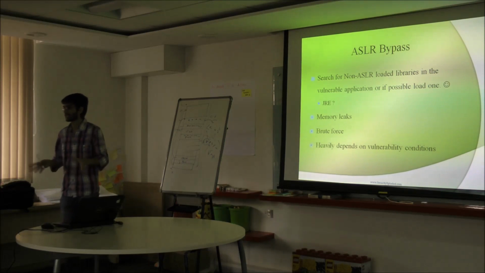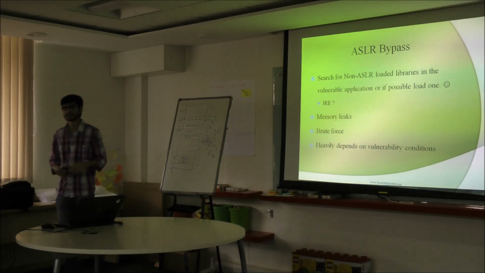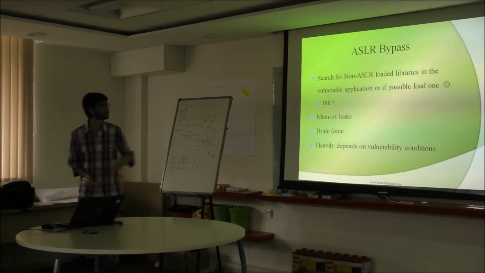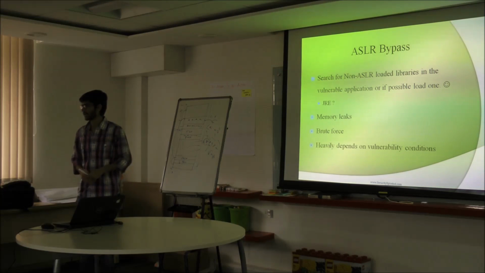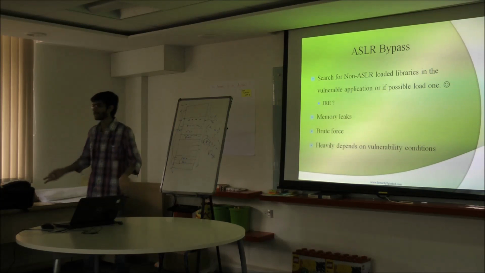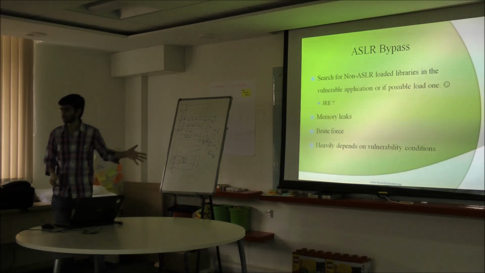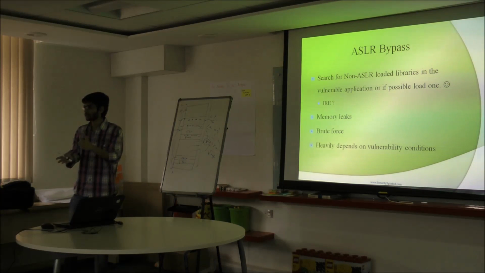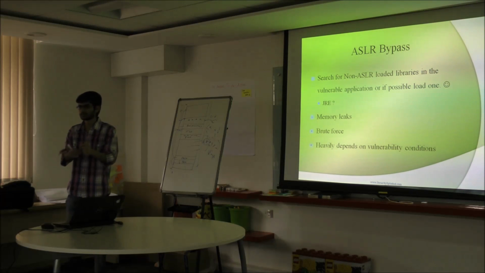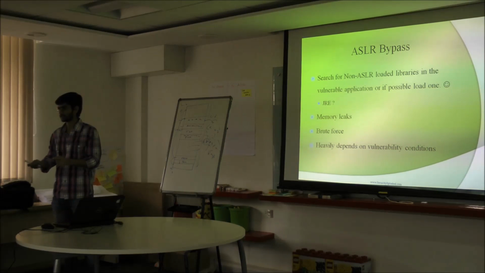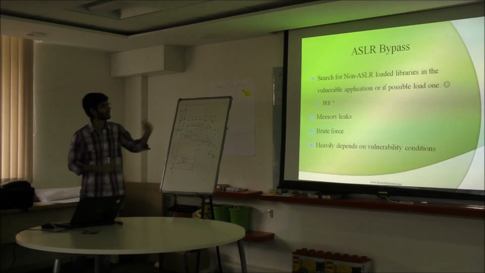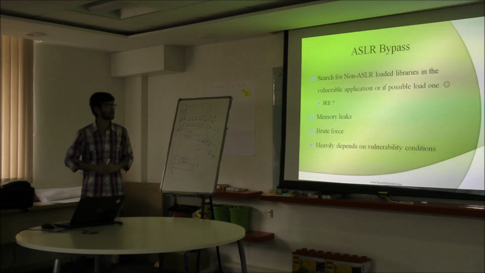Because it's a compiler or linker option, a programmer may have built the executable without that switch. That switch is not enabled by default because of legacy application support. Something may be using a static pointer, because in Windows XP, MSVCRT.DLL itself uses some static pointers. So the exploit will fail, because the pointer is not static anymore. In that case, you can search for a vulnerable, or if possible, a non-ASLR module.